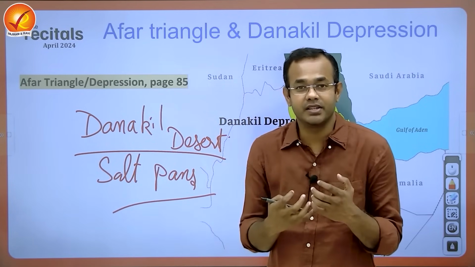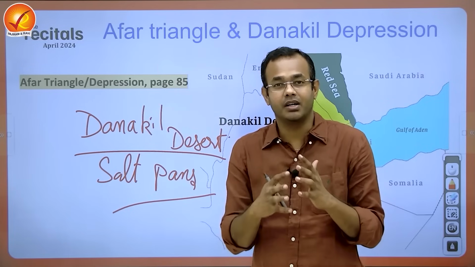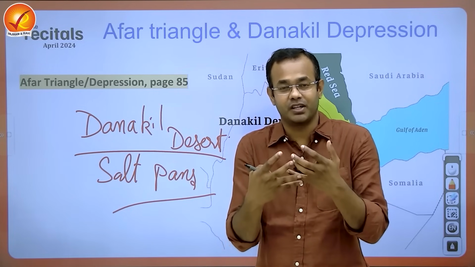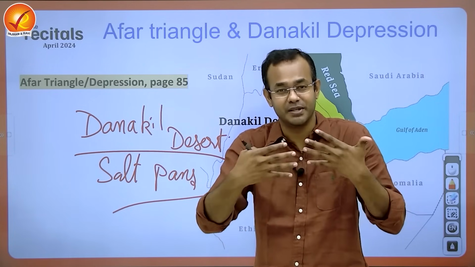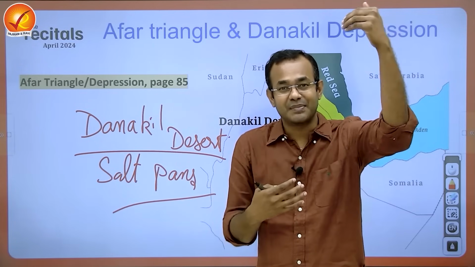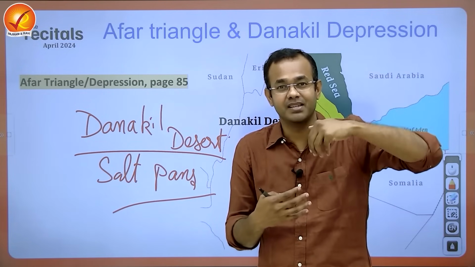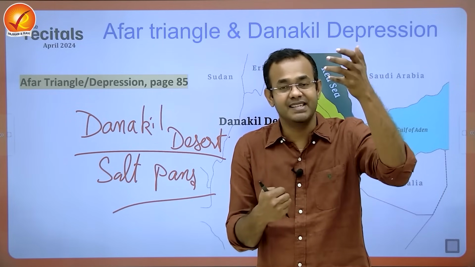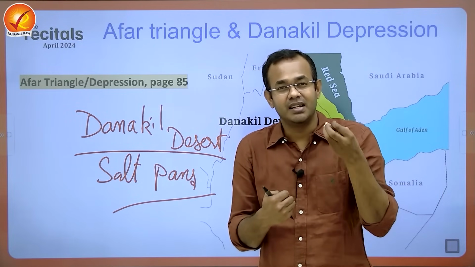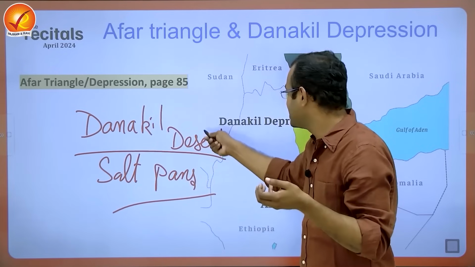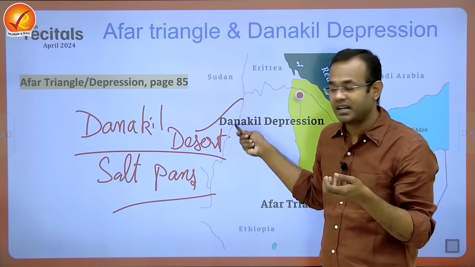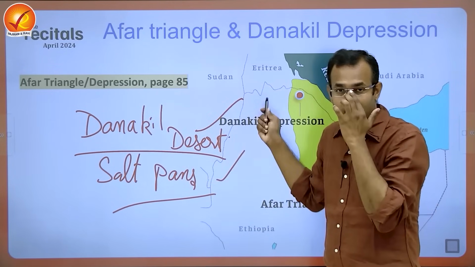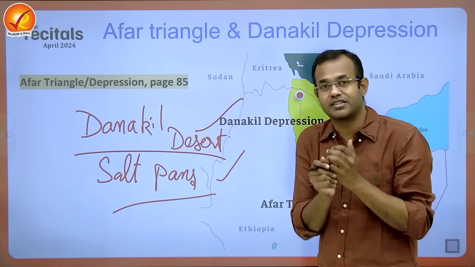If you look into the region, it is extremely hot because of the latitude zone that it is present in, where subduction of air mass takes place in the subtropical high pressure belt, because of which there are clear skies, a high amount of insolation, and less precipitation, so the region becomes a desertic environment. And as there is a large amount of salt, how did the salt come?